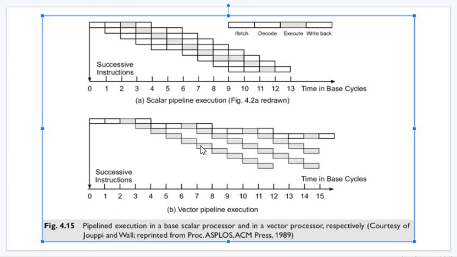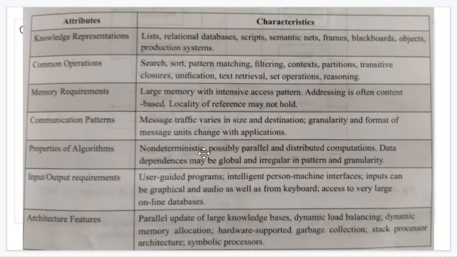So what happens? Many calculations will finish and give a result. Based on that result, some other calculation will give another. Finally we will get some result between two planets: this much is the distance in terms of light years. Definitely we will get a result, but the calculation is not simple like 2 into 3 or 2 plus 5. So here vector pipeline execution means complex operations. Please remember these diagrams.